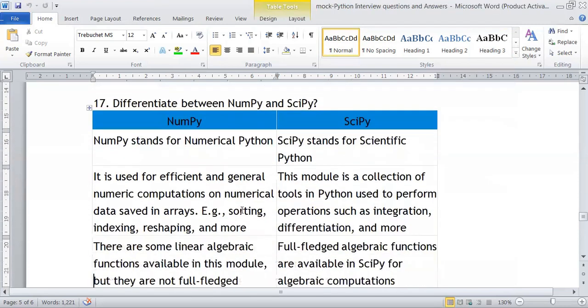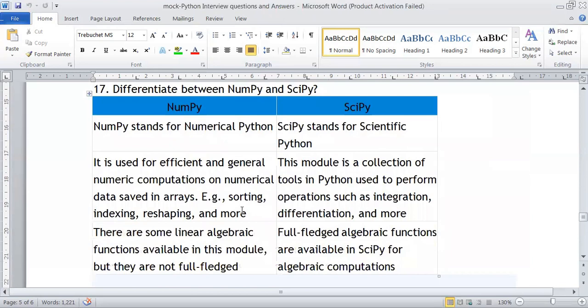Differentiate between NumPy and SciPy. These two are also built-in modules. NumPy is for numerical Python, whereas SciPy stands for scientific Python. These two have different operations and different built-in methods. NumPy helps us to do numerical computations like sorting, indexing, and also algebraic functions.